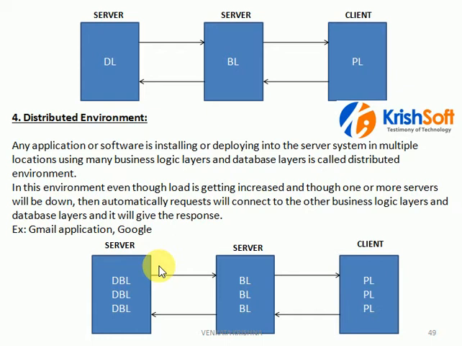So why have we not seen so far that Google is down, or Facebook is down? Because of this architecture. They are maintaining n number of servers in different places, different areas. If they feel the load is increasing on one server, they will immediately add one more server to overcome the failovers in those areas. So this is something like a distributed environment.